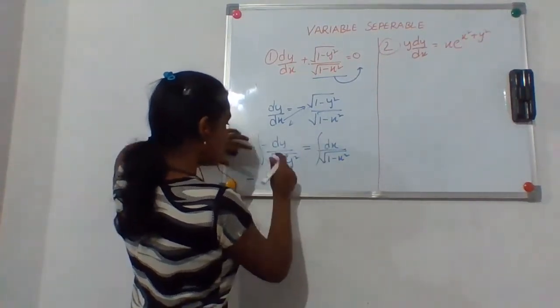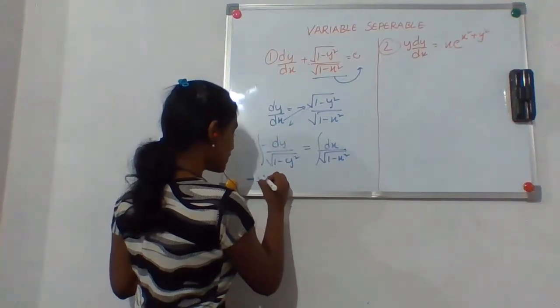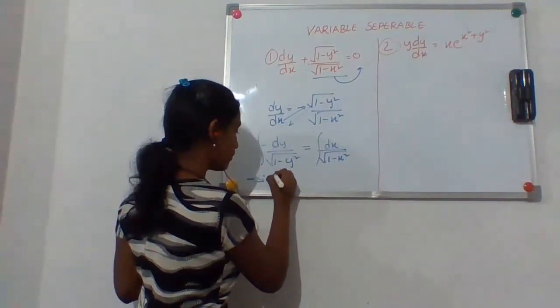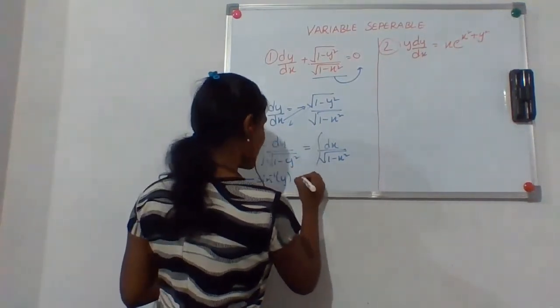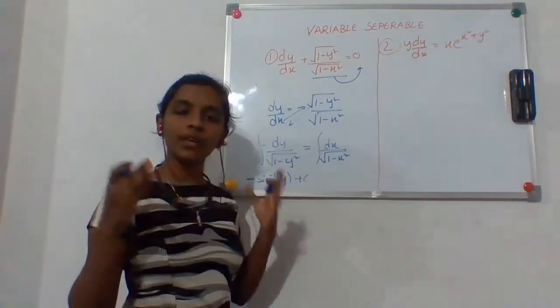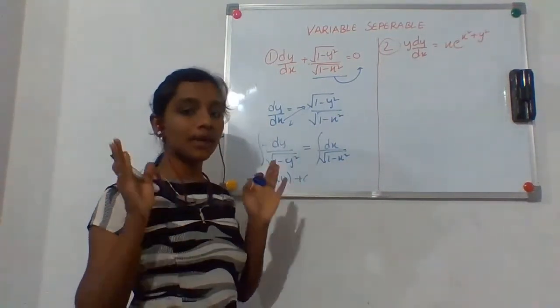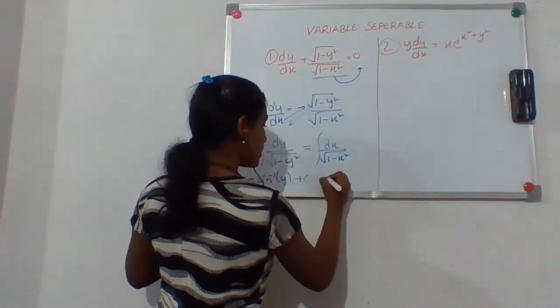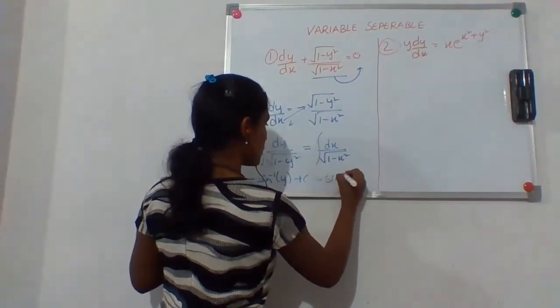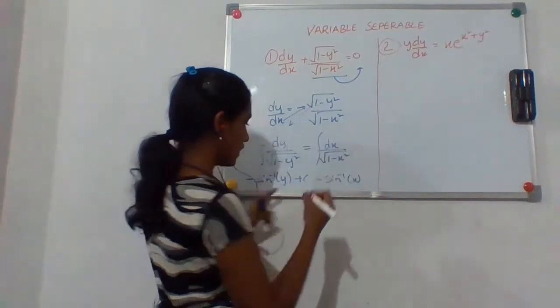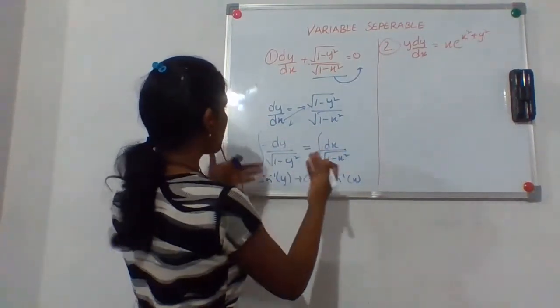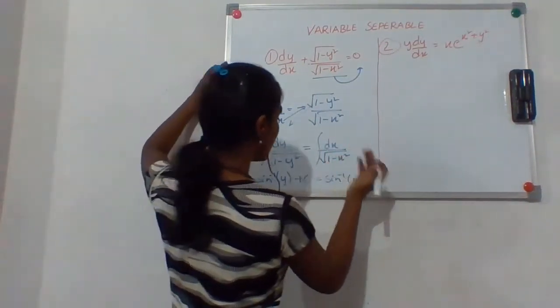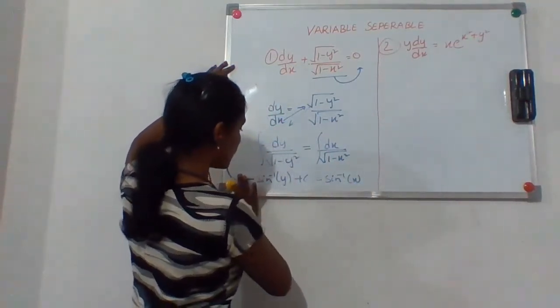Minus of sine inverse of y plus c. I'll put plus c. Anyway, you can put it in the LHS or RHS, but you should put plus c. Understand? So it is equals to sine inverse x, right? So that is it. If you simplify it more, the final equation that you get over here, that I will write.